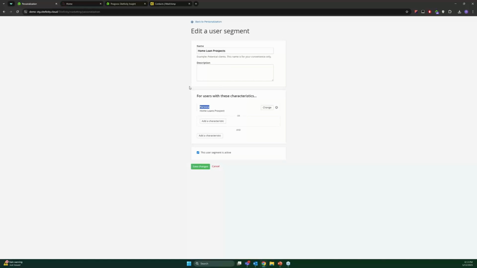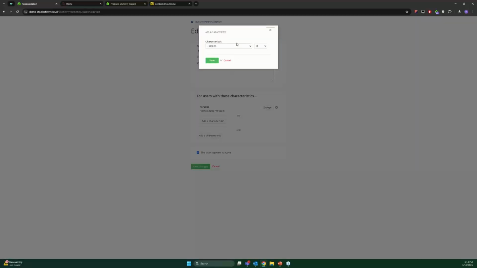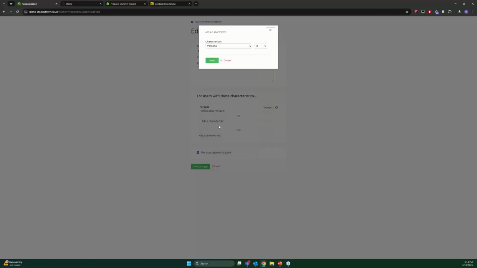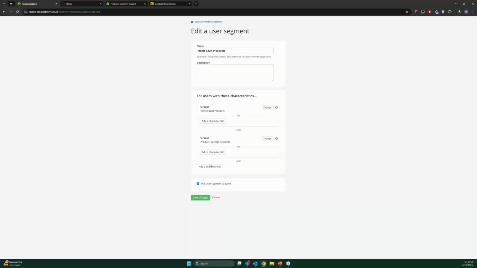But what if I wanted to make this more comprehensive? I can continue adding characteristics here. I want people who have matched the home loan prospect persona, but also people who have a savings account. So I can add a new characteristic and select the Sitefinity Insight persona. I have a list of all the personas that I've already defined and captured in Insight, and I can add this here. In addition to that, I can also say, well, if someone isn't already a home loan prospect,